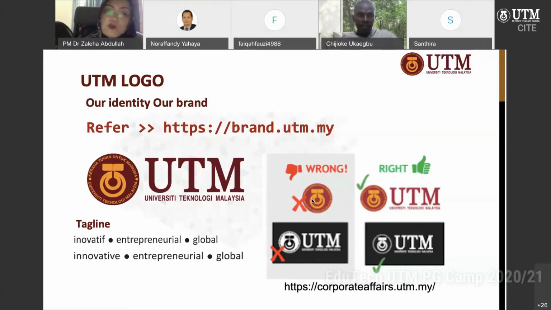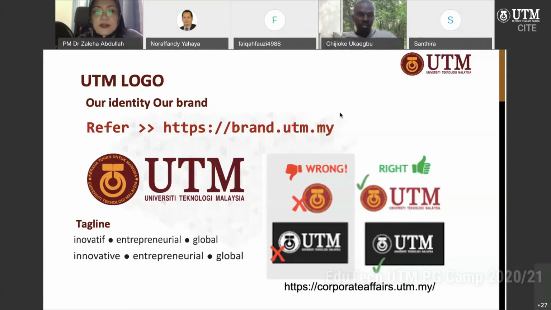So please download the logo from the link given. There's so many things in here. If you explore brand.utm.my, you can find the original logo. You don't have to Google the logo anymore because sometimes you don't get the exact size, the exact font used. So better off for you to just go to brand.utm.my and download the logo from there, yeah? So please get it right every time you wish to use the UTM logo, and get in touch with the corporate office if you have any further questions about the logo.